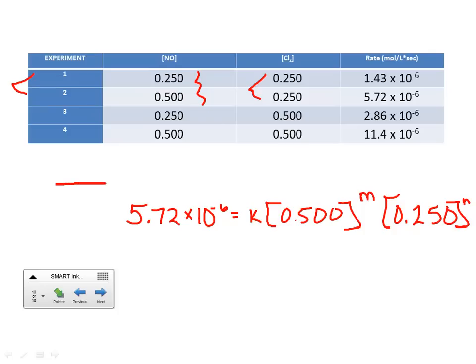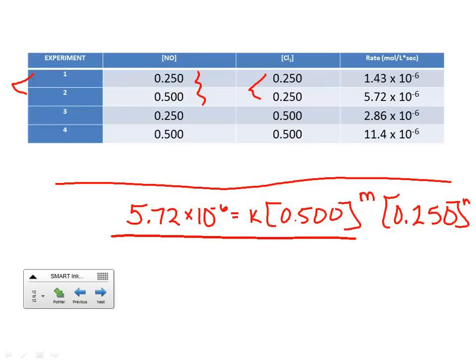And then if we draw the rate law for the second experiment, we're going to wind up with 1.43 times 10 to the minus 6 equals K times 0.250